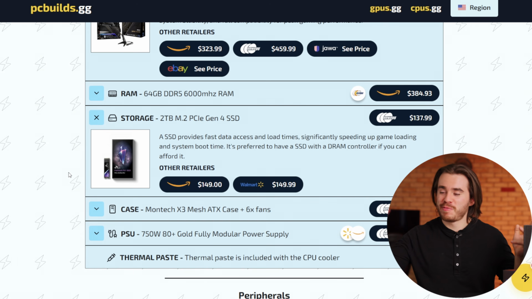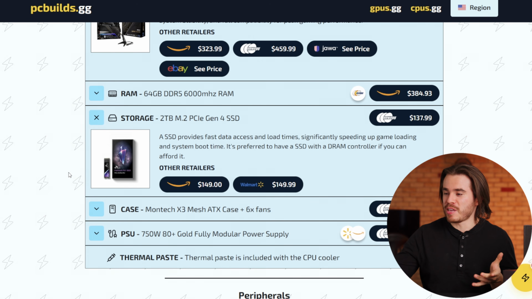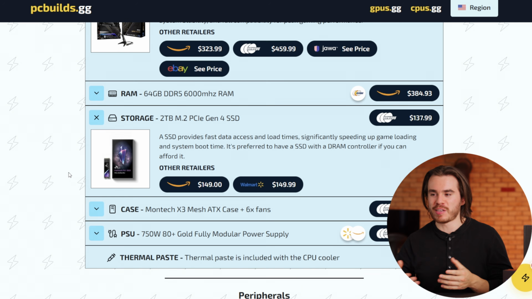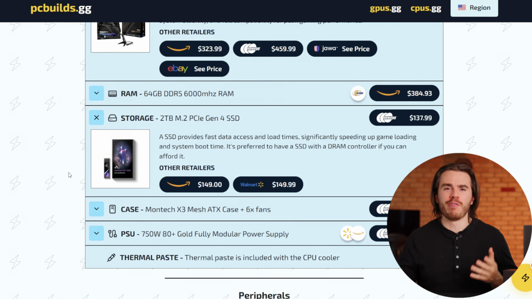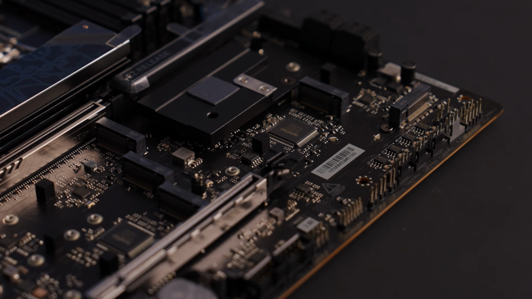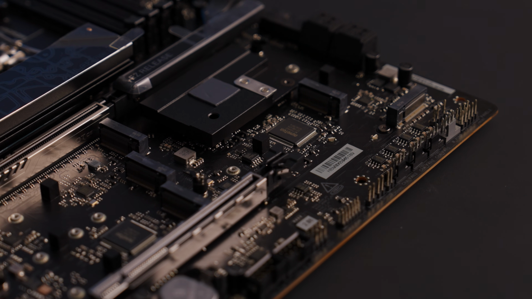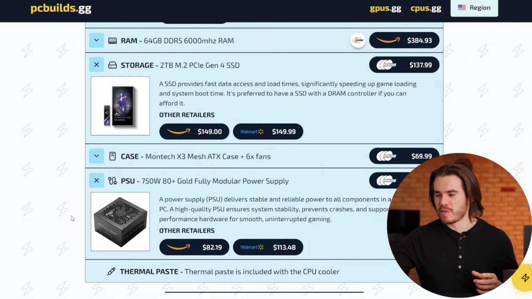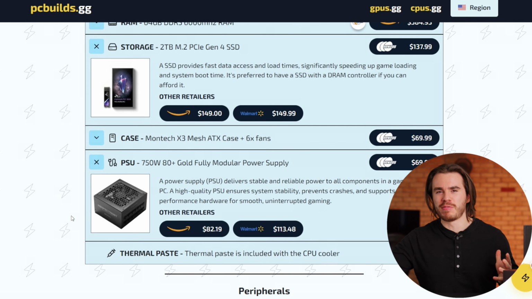And on top of this, feel free to get another 2TB SSD. Again, it's flexible from here on out. If you want to add another scratch drive onto this as another 2TB or something like that, you're welcome to do that because this ASRock board here has plenty of M.2 slots on it for multi M.2 storage. And then for the power supply, you can get something a little bit bigger, like 750 watts, and that would